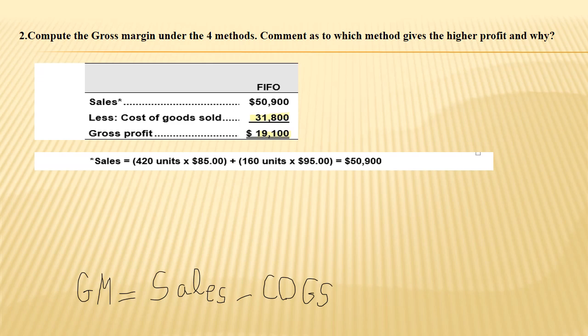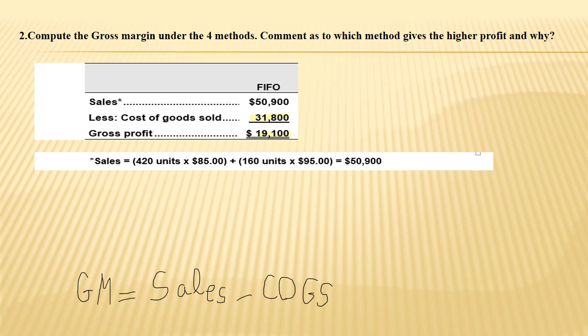If we are in a period of rising prices, then automatically, if I'm using first in, first out, this means that when I calculate the cost of goods sold, I will use the lowest costs in the past. So the cost of goods sold will be the lowest, and automatically this will yield the highest gross profit and net profit if I'm using FIFO. Okay, let's see, in order to confirm this result that FIFO will give us the higher